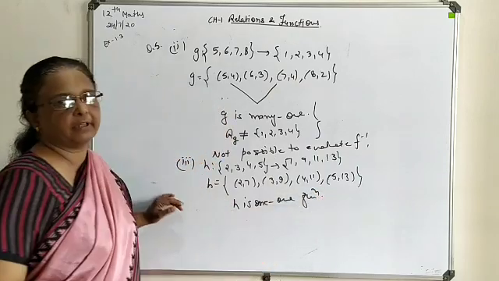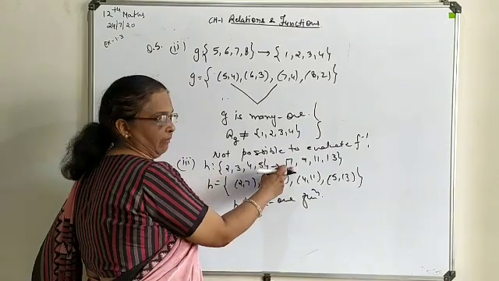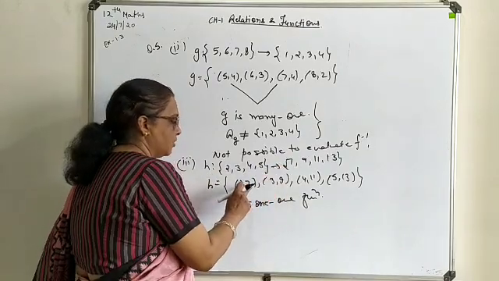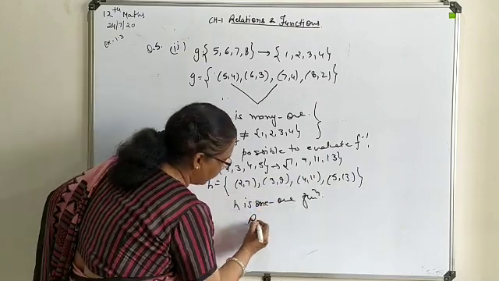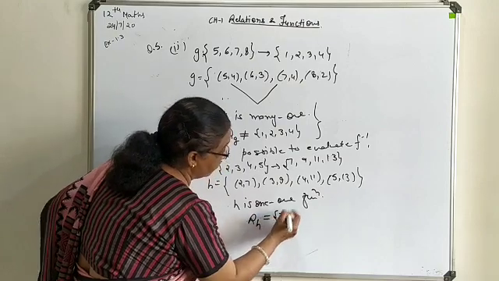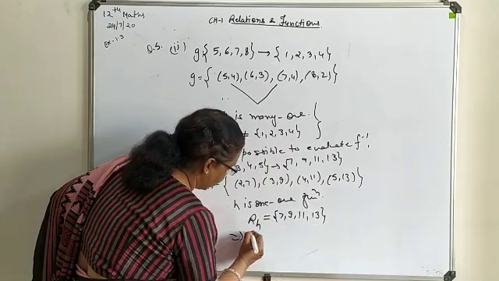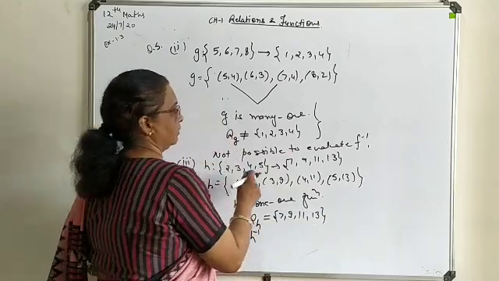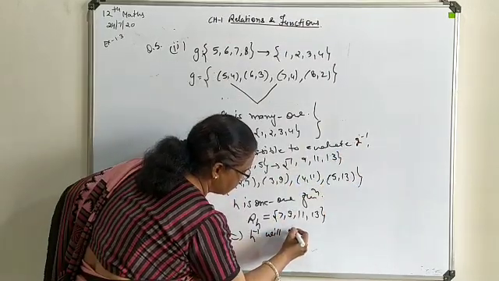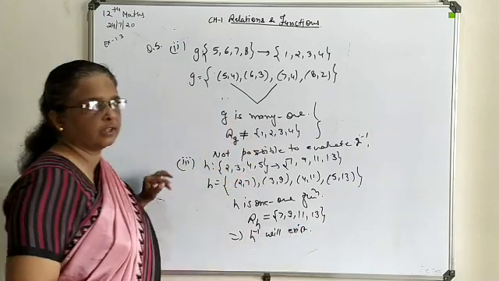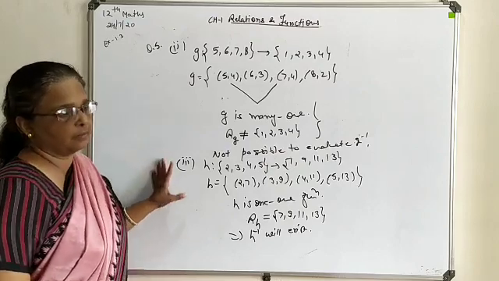Second thing, you have to check whether it is onto. So here you can say the range of your function h is the same as the given range, meaning the range you are getting as an answer is 7, 9, 11 and 13. So the range of h is also the same as the required codomain. That means your h inverse will exist there. So this way, on the basis of the given ordered pairs, you can say whether the inverse is possible or not.